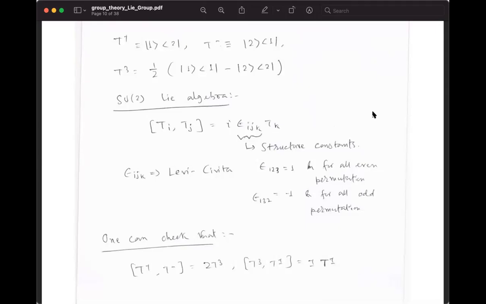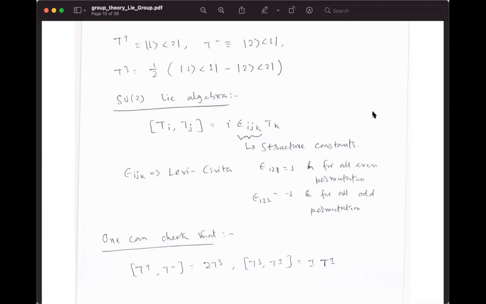And you have to remember that this Levi-Civita tensor is the structure constant only for SU2. If you go to SU3, SU4, you have to actually calculate those structure constants separately, right? And as you know from the property of the Levi-Civita, epsilon 1, 2, 3 equals 1, epsilon 1, 3, 2 equals minus 1, and so on for the odd permutations. One can especially check that if we normalize sigma 1, sigma 2, sigma 3 with a half factor, sigma 1 by 2, sigma 2 by 2, and sigma 3 by 2, and define them to be tau 1, tau 2, tau 3, then [tau i, tau j] is basically i epsilon ijk tau k.